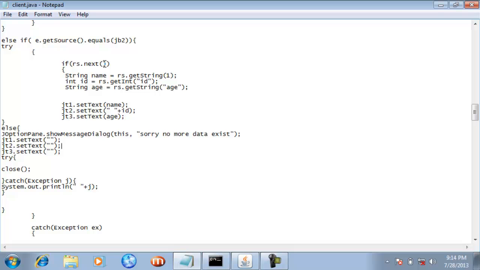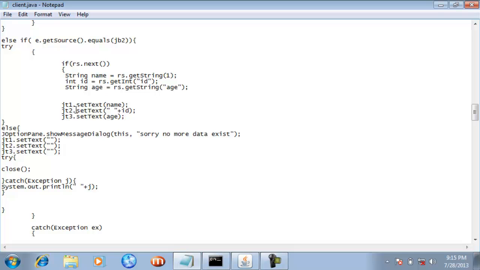With the help of this next method, rs.next will return the true value, and with the help of these getString, getInt, and getString statements, whatever value exists in the 3 columns of the first row will get returned from these methods and stored in the local variables name, id, and age. So now we have all the data from the columns of the first row inside these local variables.